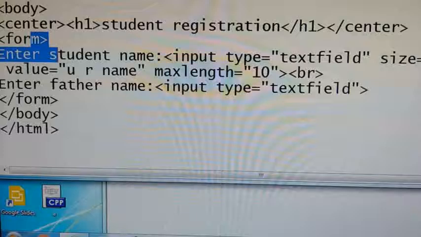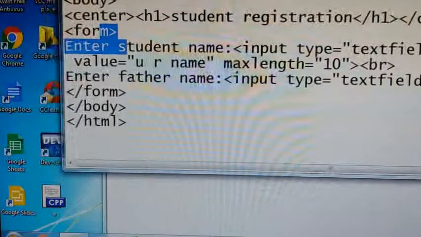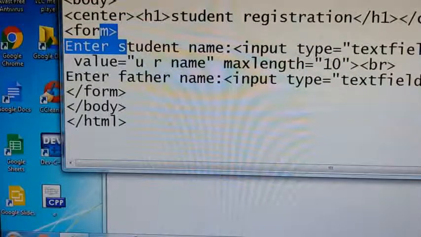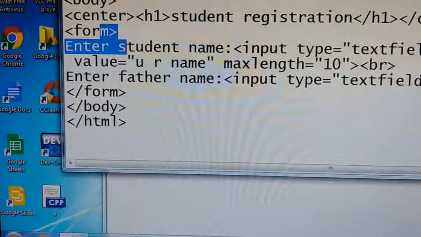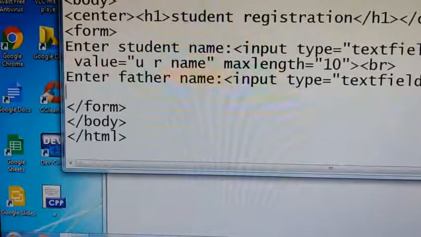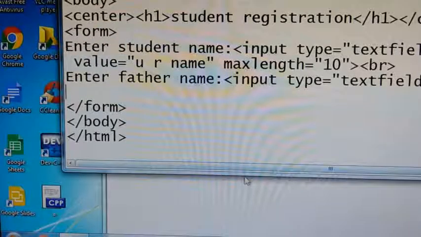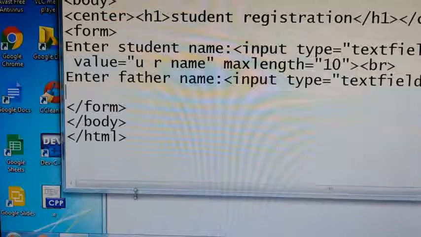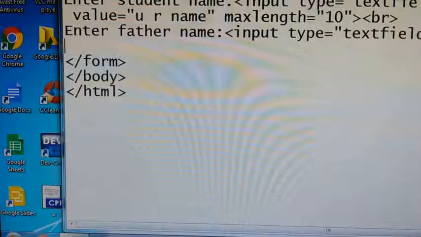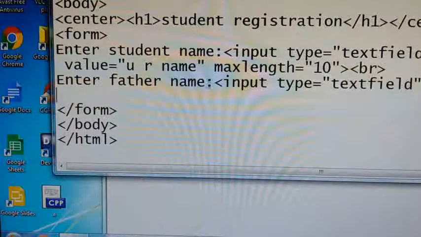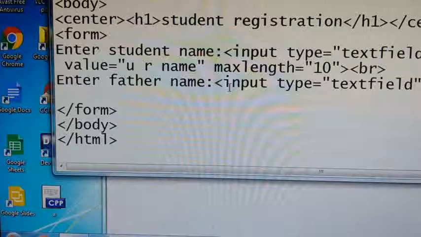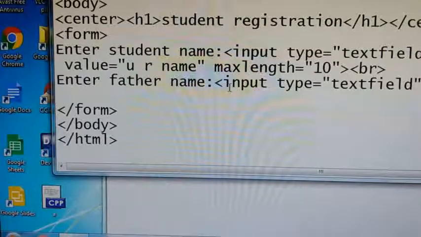Now, sometimes you will take a password from a user. When you take a password from a user, the type of information you are taking is different. Here I have given only text, but if you want to take a password, you need to change the type.